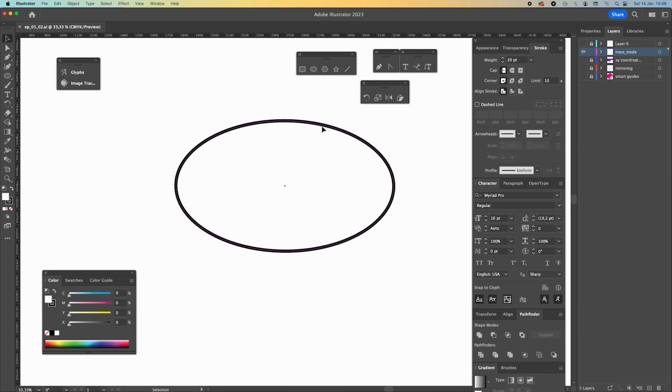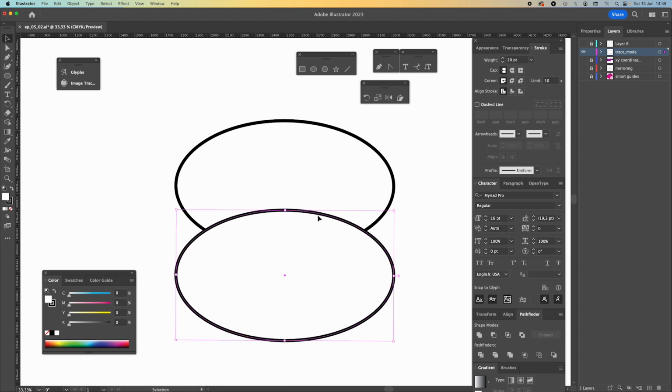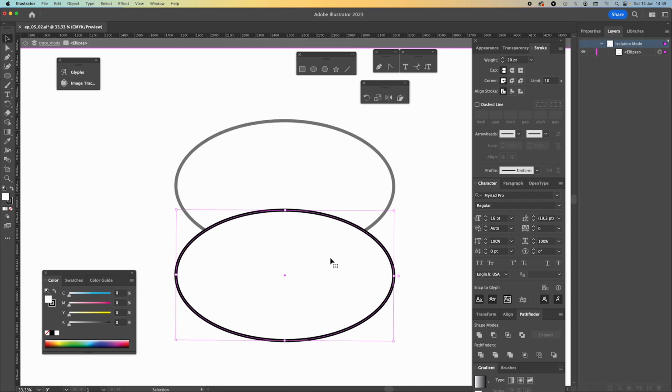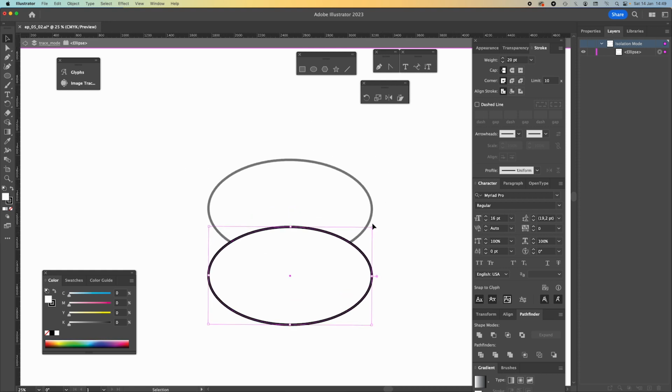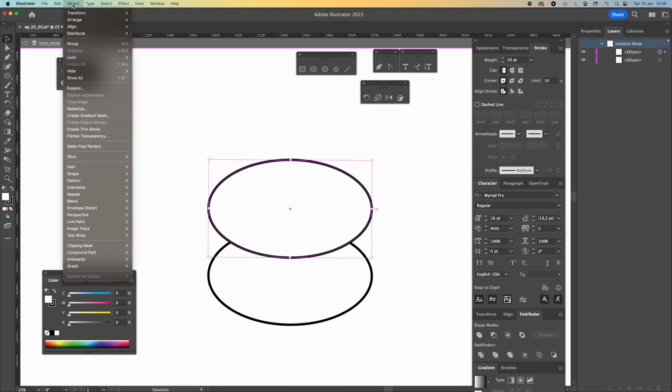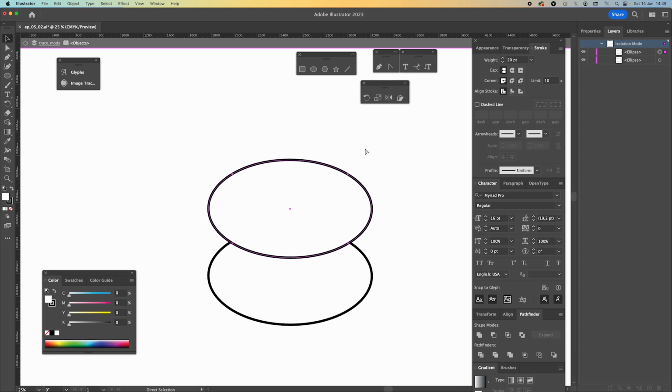So once your path is properly aligned, what I'm going to do to create my box here is duplicate the shape here. That's going to be the lid, the top of the box. So this will be the bottom of my box. What I'm going to do now is just copy the top box, click to select the bottom one, double click it so I get into isolation mode. As I told you before, isolation mode is nice so that I don't interfere with anything else on the artboard while I'm doing this. I'm just going to paste in front by using Command or Control F, or you can go to Edit and paste in front. Now,